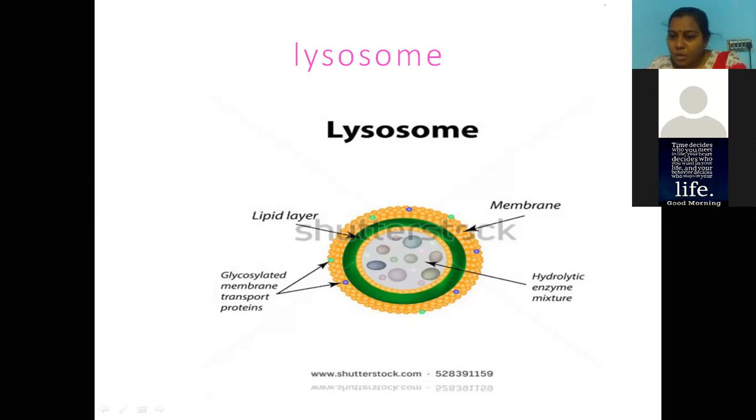Now what you have to do? First, I'm going to assign a small homework. In tabular form, write the functions and the structure of all these cell organelles. Three I said today. You have to draw the structures of ER, Golgi apparatus, and the lysosomes. That is the first homework. And you should write the functions. That's it. Only small, I think it's a matter of 10 or 15 minutes of work. For this, you need to refer to the NCERT textbook. If you have the book with you, you can refer to that, or else you can refer to our institute material.